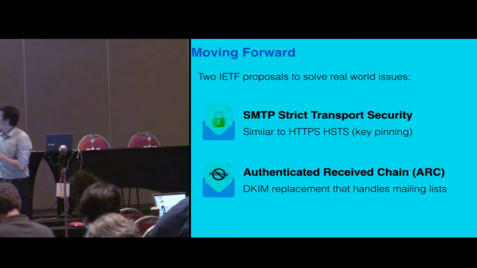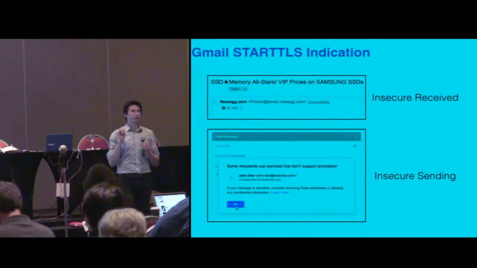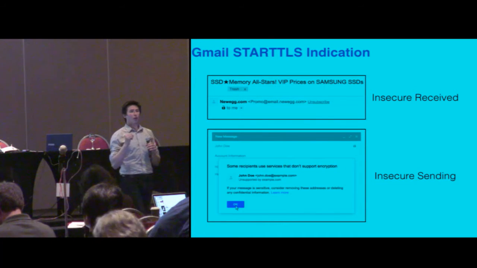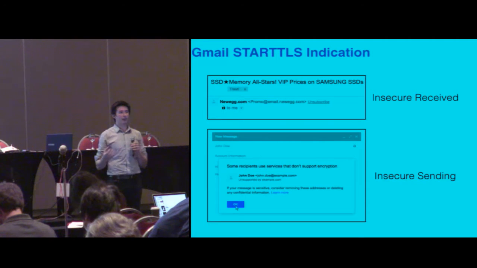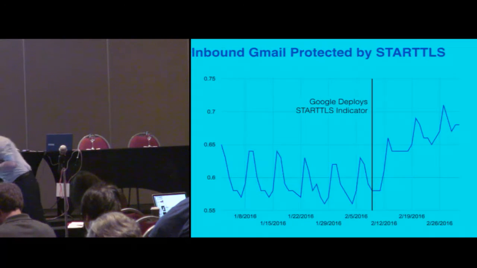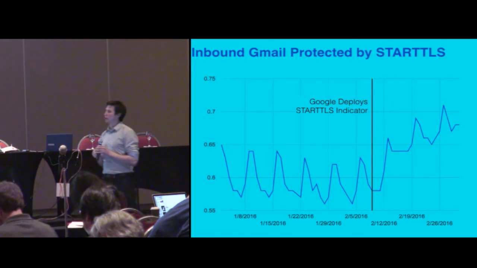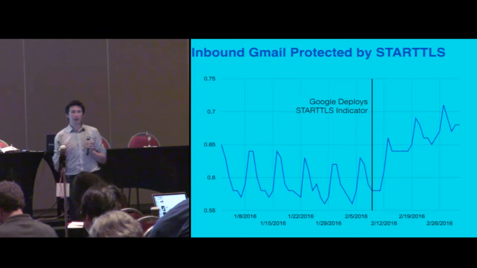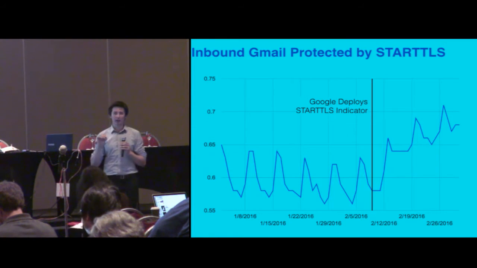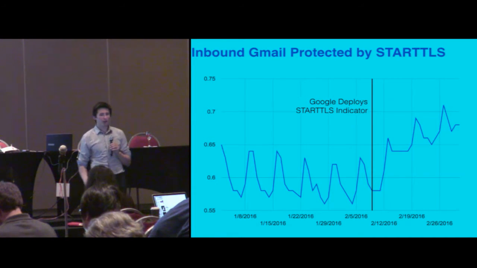So we looked at data from 2015, on the slide. I want to quickly mention one recent change, which is that the Google team essentially deployed indicators that say whether or not a message was sent securely when they received it, or whether the first hop they're sending to can be protected over STARTTLS. And if you use Google Mail, you may have seen these icons. But what's interesting is that there actually has been growth in the amount of messages that are protected by STARTTLS after this was deployed. Google has put out a blog post with some more details of what they've seen. But it is encouraging that we're, again, starting to see the line start to go back upwards. But we're still far from where I think we want to be today.